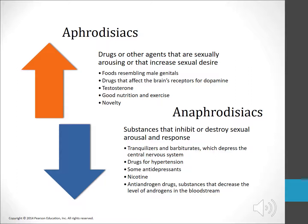An aphrodisiac is a substance that arouses or increases one's capacity for sexual pleasure or response. The belief that a substance has sexually stimulating effects may itself inspire sexual excitement. Now, a number of foods have been considered aphrodisiacs. These foods include oysters, tomatoes, potatoes, as well as foods that in some way resemble male genitals, such as bananas